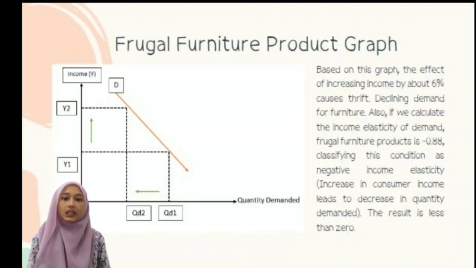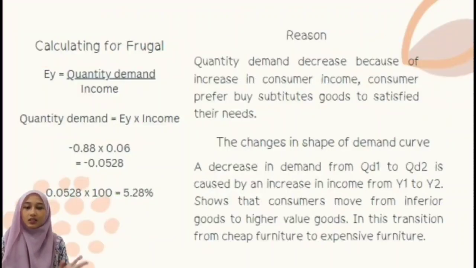Also, if we calculate the income elasticity of demand, frugal furniture product is negative 0.88, classifying this condition as negative income elasticity. The result is less than 0. This is the calculation for frugal furniture. We use the formula